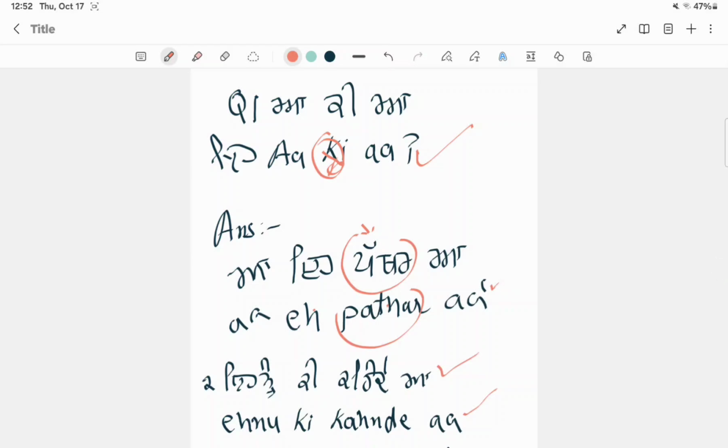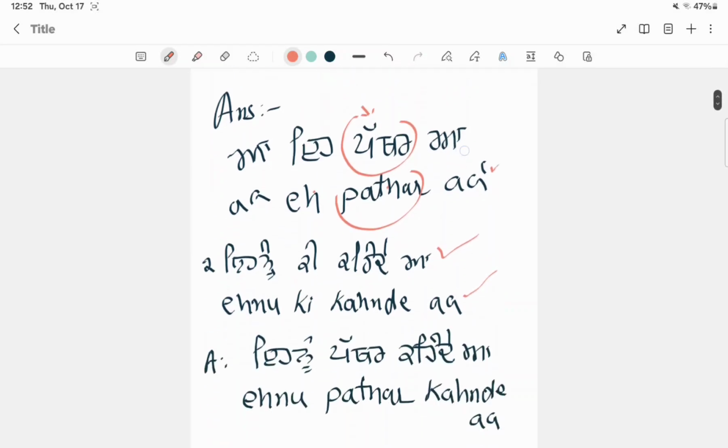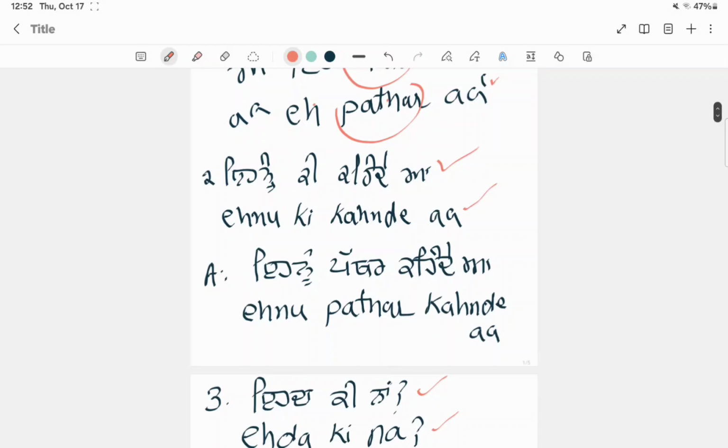All right. So it's pretty simple. When you ask the question, a kia, what is this? The answer is going to be in the same line. You just eliminate the ki and you're gonna put the name. A pathara, a cycla, a paniya. Pani means water, right? So that's how you're gonna put the name of the thing instead of ki. So it's basically your answer, all right? The next one. The second one is Enu ki kaindeya, right?